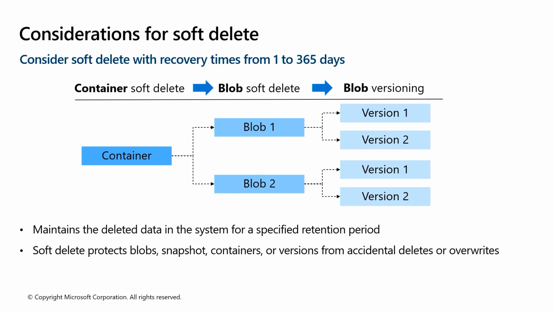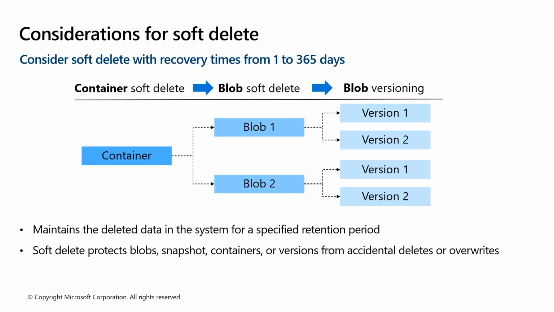You have to be careful because if the container gets deleted, you will then get it back to the last point in time that the container existed. You've got to be careful because if I'm trying to recover just a blob that was in the container, you could potentially damage something that wasn't in the container at the time that the last soft delete came about. So there are all sorts of configurations you can do to set this up. At the blob level, you actually have those same characteristics. So if a specific blob was accidentally deleted, it's like a trash can, being able to go back in and pull that version or that deleted object out.